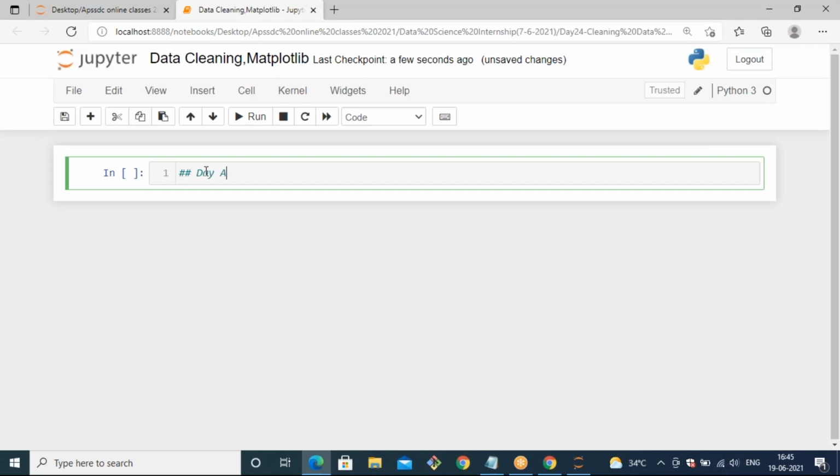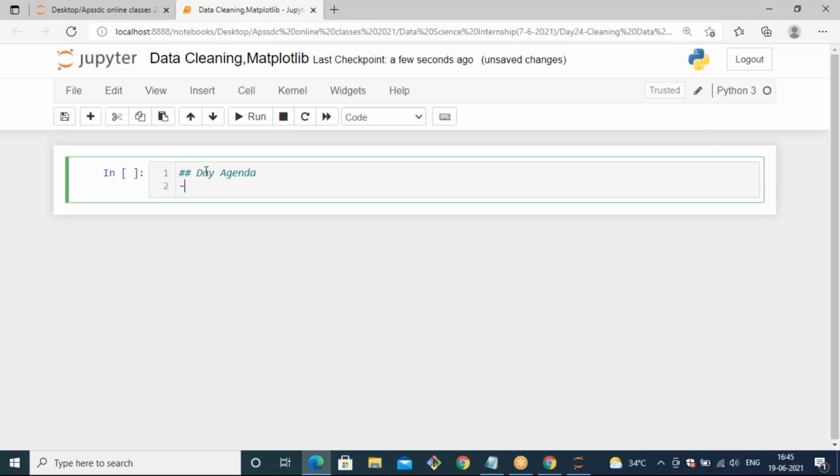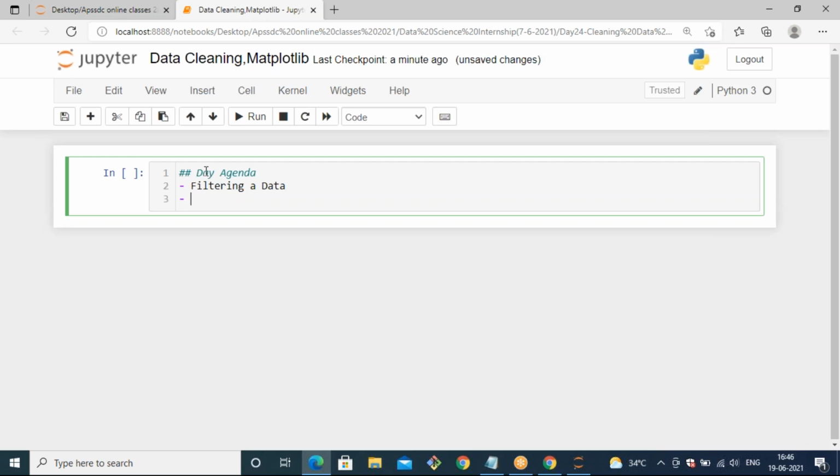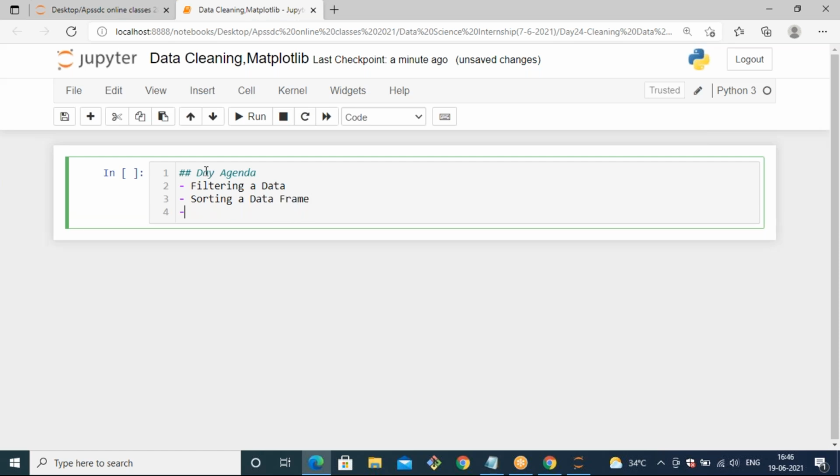Okay, day agenda. So day agenda: filtering data frames, filtering the data, and then sorting a data frame, and cleaning the data frame.